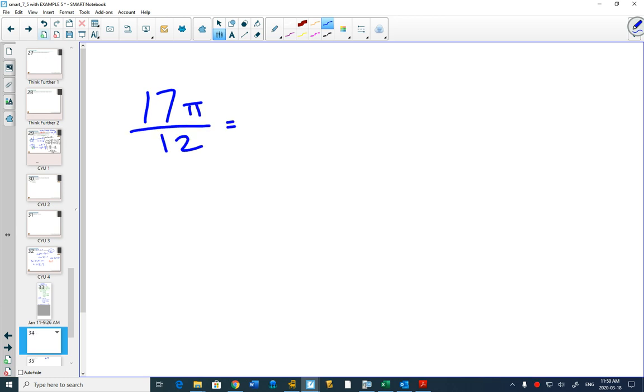you always need to find two things from your unit circle, or anything that's coterminal with anything on your unit circle, that add or subtract to 17 pi over 12. So I'm going to give each of you a scrap piece of paper right now, and each of you has to find a different one. You're not allowed to find the same one as somebody else, so there's a little bit of a race, because